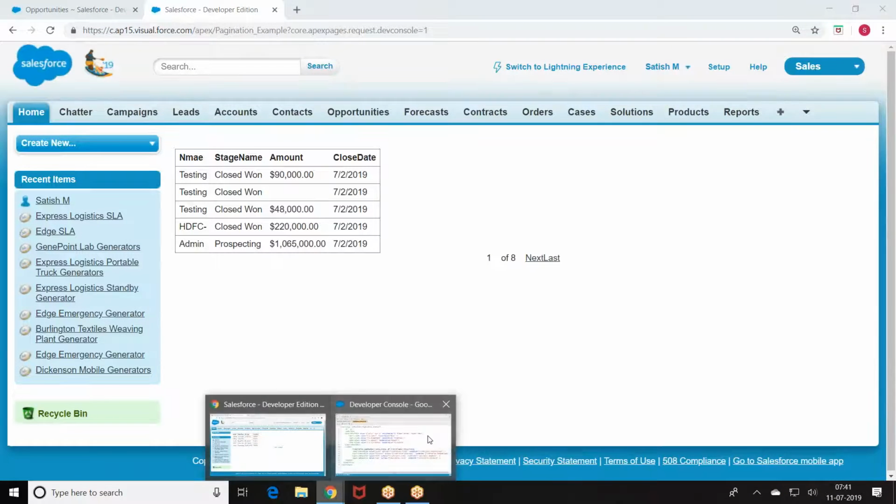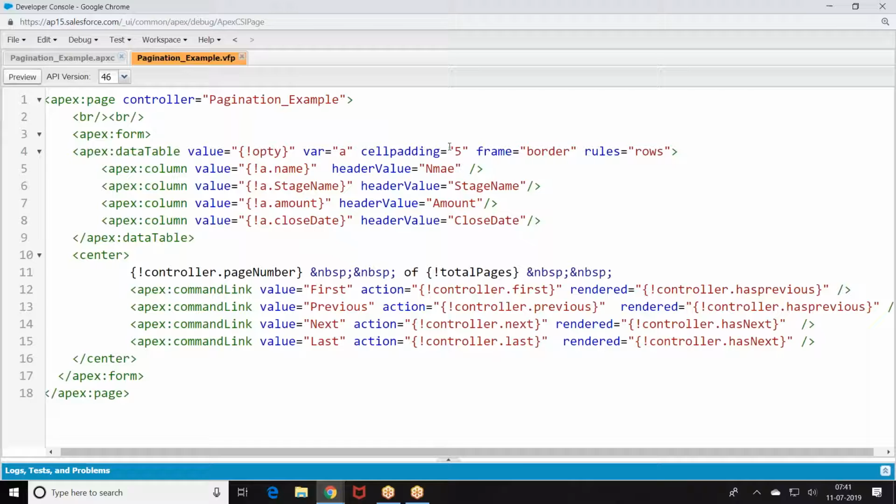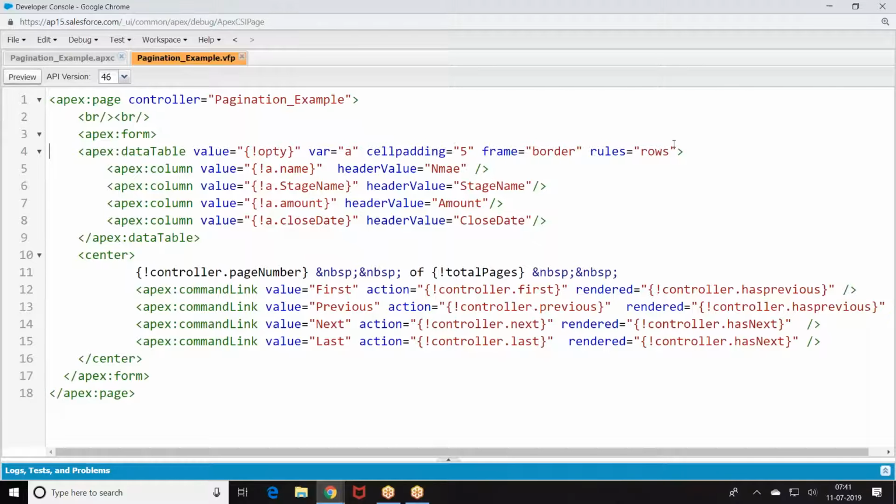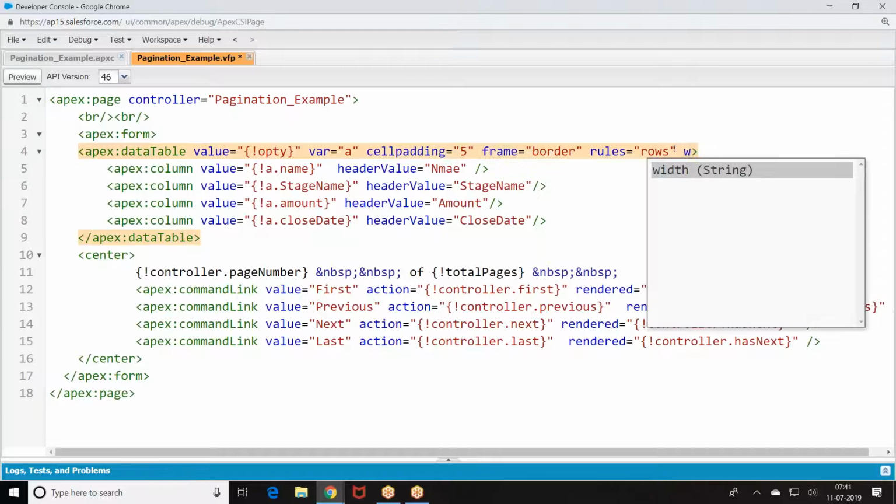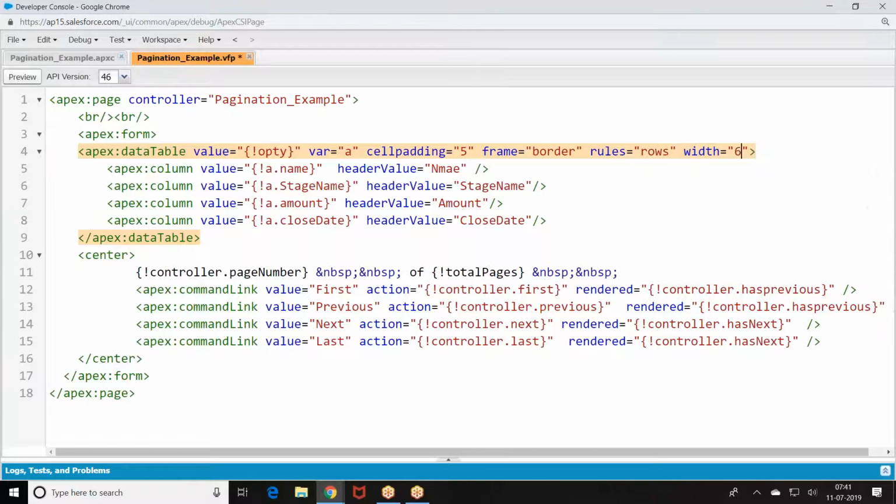I can give the width also, 600. But here I have to give some breaks.